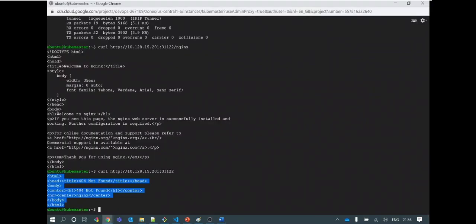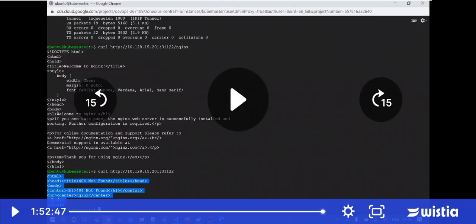If I remove this, there is no page found. So this is the default behavior.